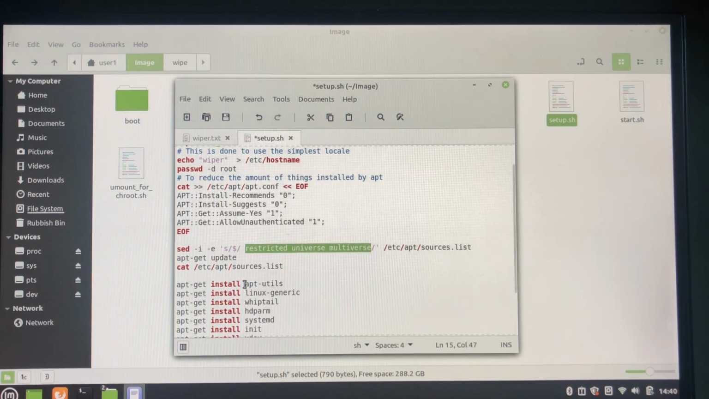Now, do actually install apt-utils. It's probably not necessary because that one contains a sort of apt clear cache, which reduces the size of the image considerably. But all the rest you'll probably recognize. So there's the drivers, there's whiptail, which we need for the scripts, hdparm, which actually does the erase, systemd, which starts up the system,